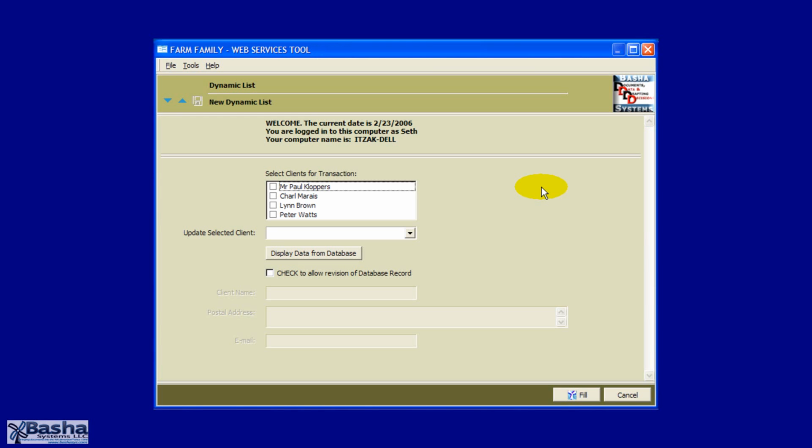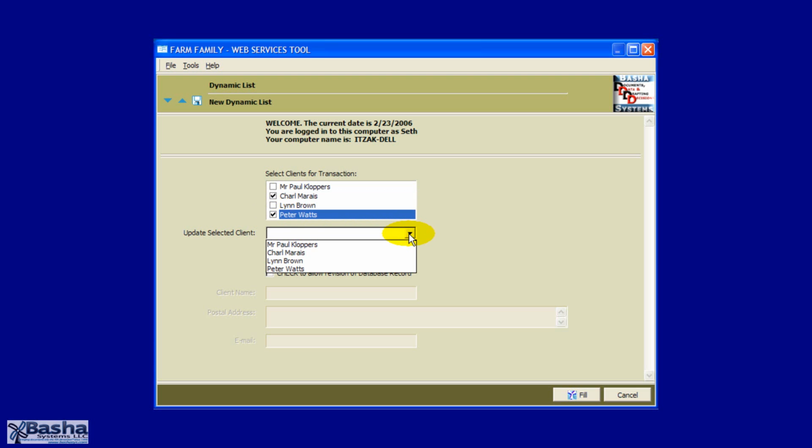We've launched the dialog. A few things we'll note. It actually has pulled onto this dialog some environmental variables on your computer, such as the current date, who you're logged in as, and what the name of your computer is. We've actually generated this list and we're displaying it in two different ways. We can produce a letter just for Charles or Charles and Peter. Separately, we can select a particular client,